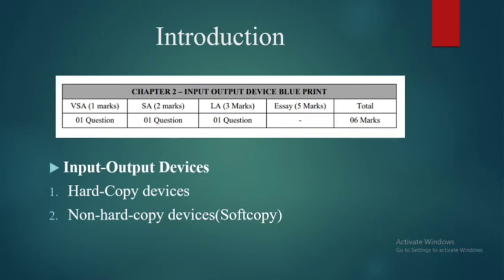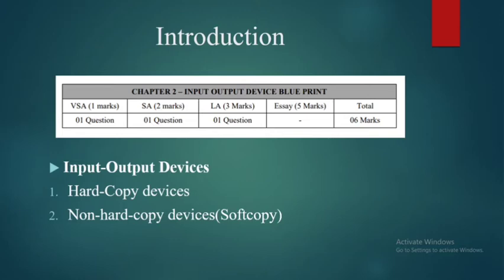Through input and output devices, we can send the data into the computer system in order to communicate with each other. So this is a brief introduction about why we need input and output devices and what memory units are. In this session we'll see what input and output devices are,